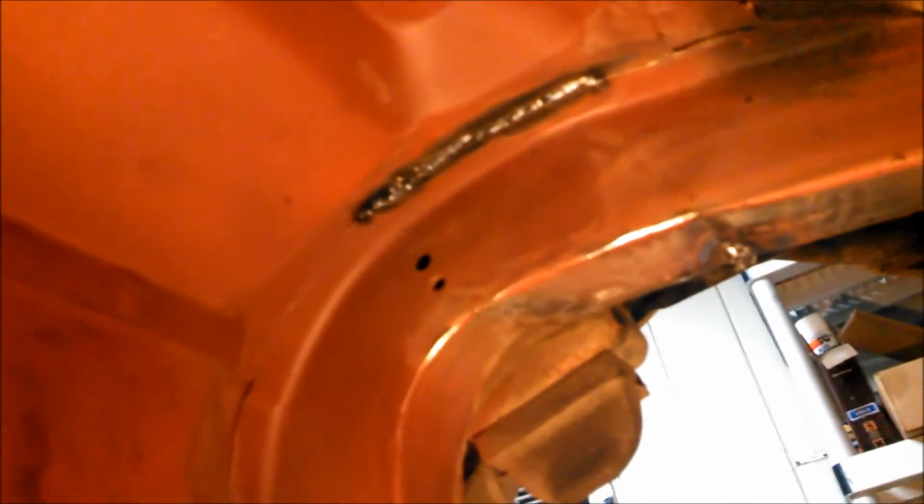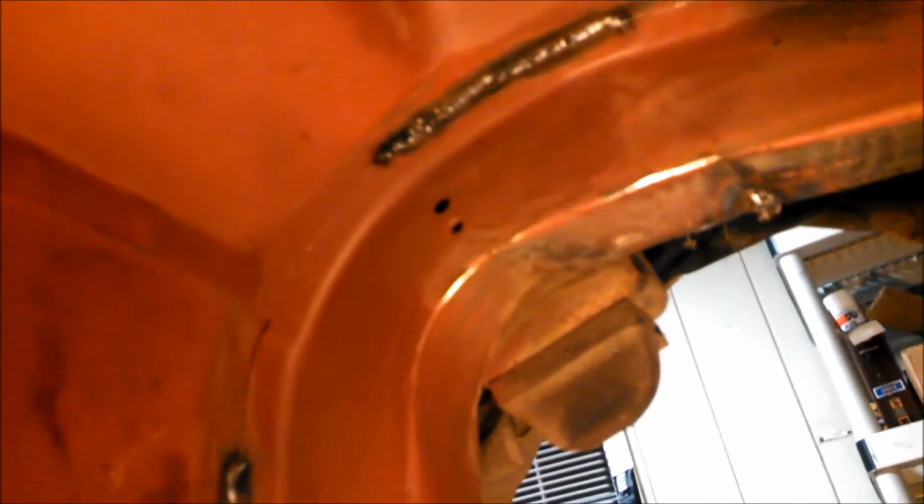That was recommended by some old SCCA hot rodding literature that I found. So that will ensure, there we go, you can see those welds that I put in there, that the body stays securely attached to these rear frame rails,